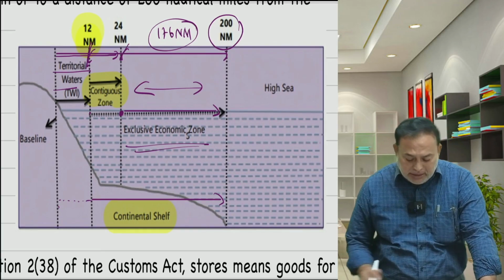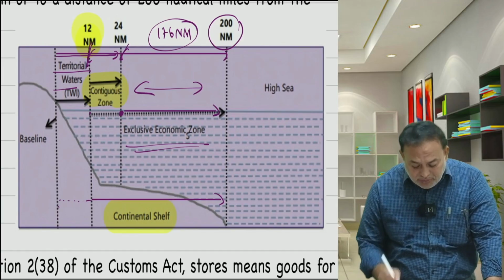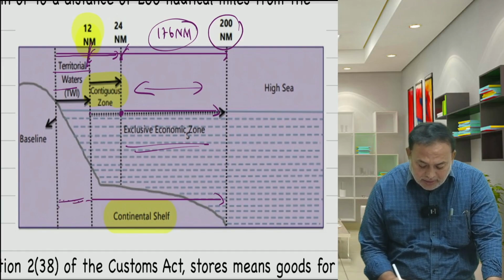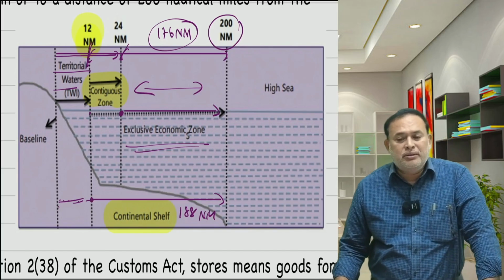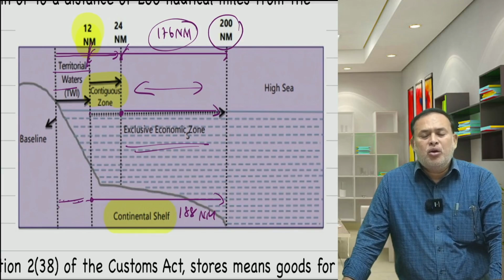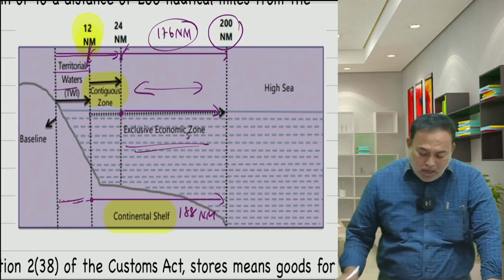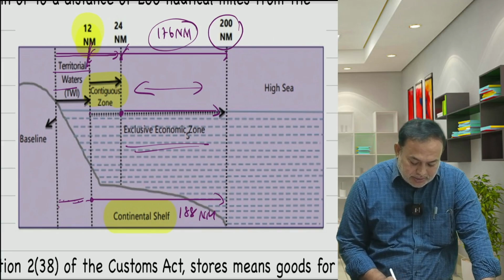Continental shelf here is from the baseline to 200 nautical miles, where up to 12 nautical miles is India. Therefore, 188 nautical miles from the 12th nautical mile from the baseline is called continental shelf. Why do I refer to so much? Up to this, up to this